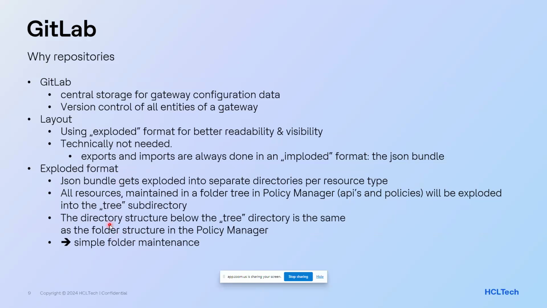And this is maybe worth mentioning: all resources that are maintained in a folder tree in the policy manager will be exploded to a subdirectory called tree. And below that tree directory, the directory structure is exactly the same as the folder structure in the policy manager. So even there, great flexibility, great visibility, and if you move stuff around in that directory structure, implode it and import it back, you don't have to mess around with folders anymore. The API just takes care that stuff is where you expect, that folders exist where you expect them. Very, very helpful